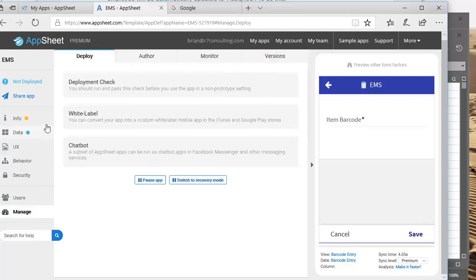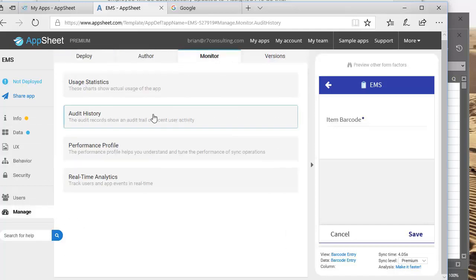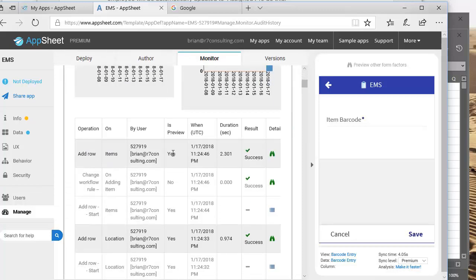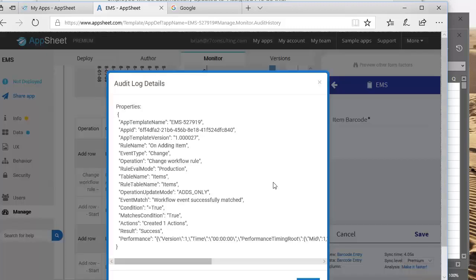So we'll look at the manage, we're going to look at monitor and the audit history, and here's one I just ran. So the add row was successful. The change workflow rule worked. If we click on there, we can see that event type, change workflow rule, production items, adds only, condition was true,